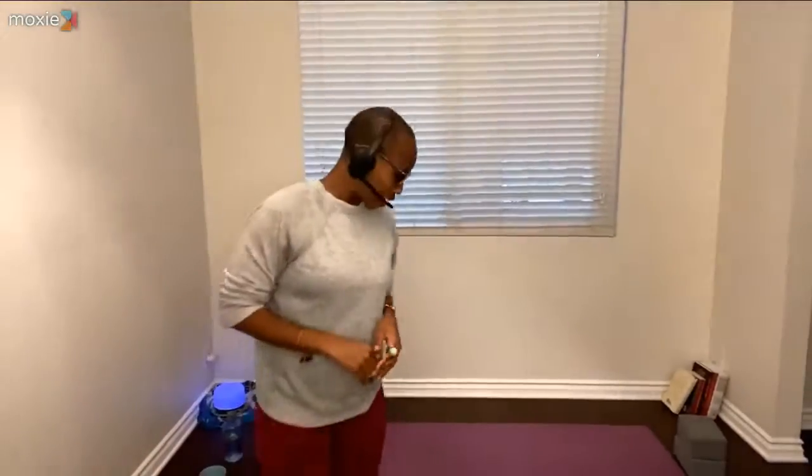So we're going to be moving into poses you've heard before, like downward facing dog, upward facing dog, and maybe some poses you've never tried, like sugar cane or even half moon pose. But just so you know, this would be a lovely after work kind of flow if you would like to stretch out your body if you've been sitting all day working from home, like many of us have. But for this class, you don't really need a lot of equipment. All you need is a mat, or if you don't have a mat, all you need is some open space